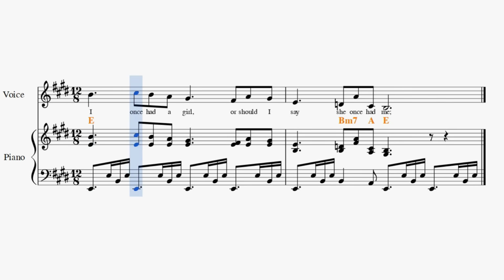It's Norwegian Wood. I once had a girl, or should I say, she once had